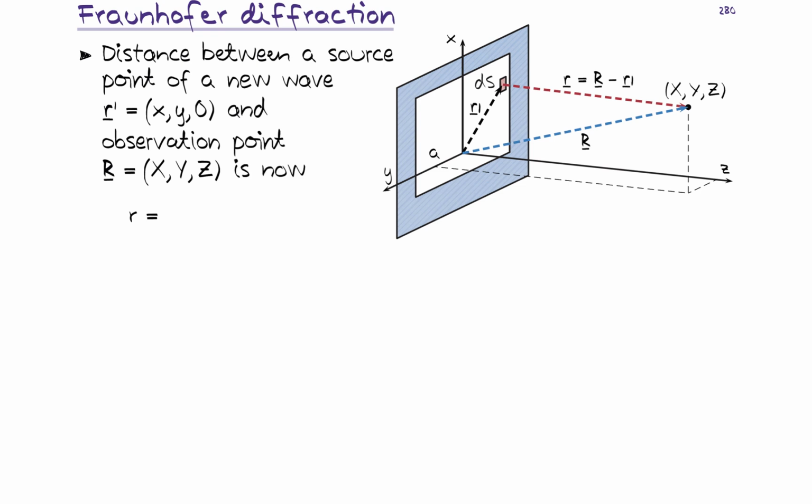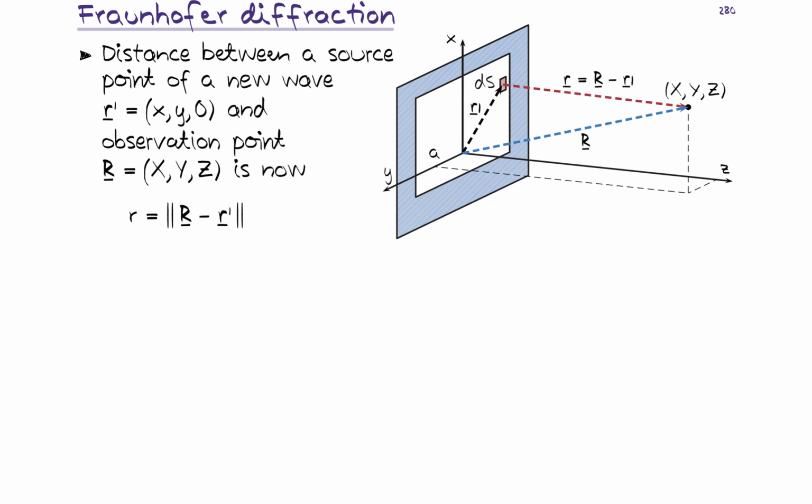So the length, or the distance, basically from our location where the plane wave originates and propagates into this point. This length is essentially scalar r, so we are calculating the absolute value of this position vector r here, and we are interested in that because that gives us the means to calculate the phase evolution of my scattered field or emitted field. So scalar r is basically the difference between the r vector and the r prime vector,